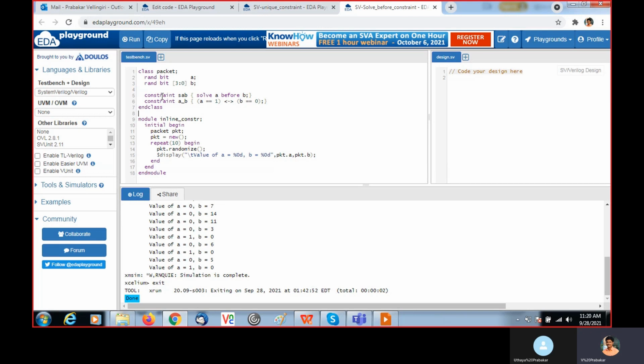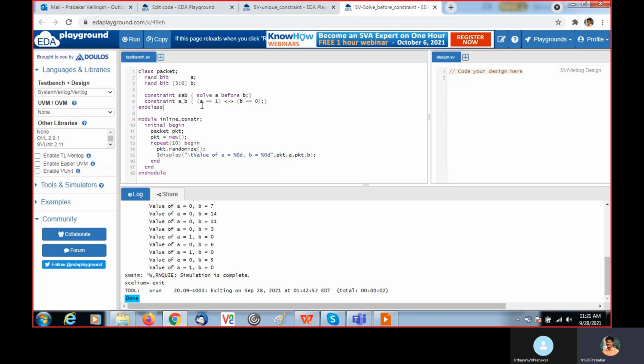After instantiating, I am going to randomize 10 times. Each time I randomize, A is a bit, so it may take value 1 or 0. When A takes value 1, B value should be 0. So we need to solve A before B. That means the solver solves A first.